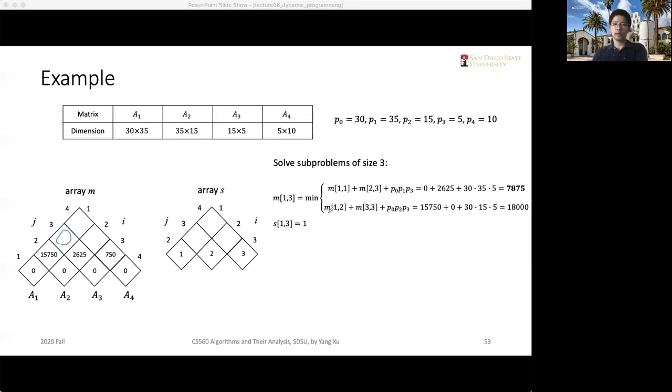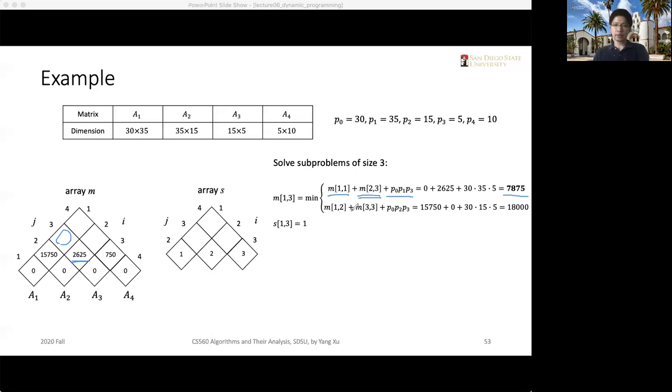Okay, so to solve the first one, which is M13, there are two possible ways to place the k, right? We can let k be 1, which is A1 times parentheses A2 times A3, right? So we can represent it by M11 plus M23. M23 is the cost of solving the subproblem A2 times A3, which we already have. Okay, M23 is already here, which was solved in the previous iteration. Okay, and also we need to add P0 times P1 times P3, right? Because by following the principle of P times Q times R. So that's how we get the first candidate for this solution, which is